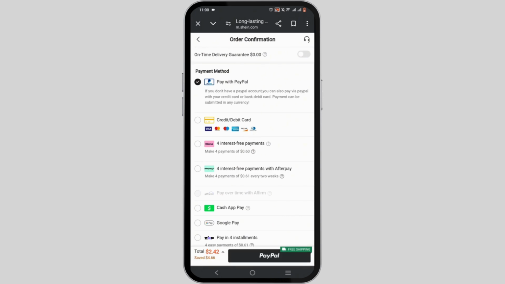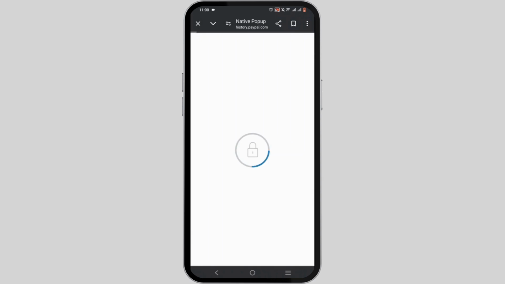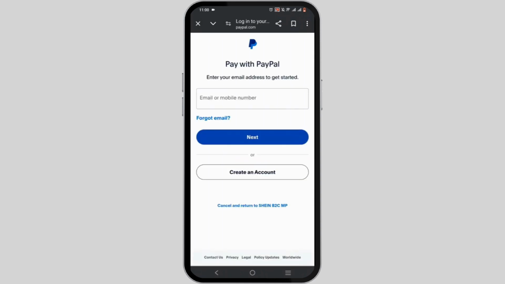If you select PayPal, Venmo, Google Pay, or Cash App, you will have to log in via your credentials to it. And that is how you buy an item of your